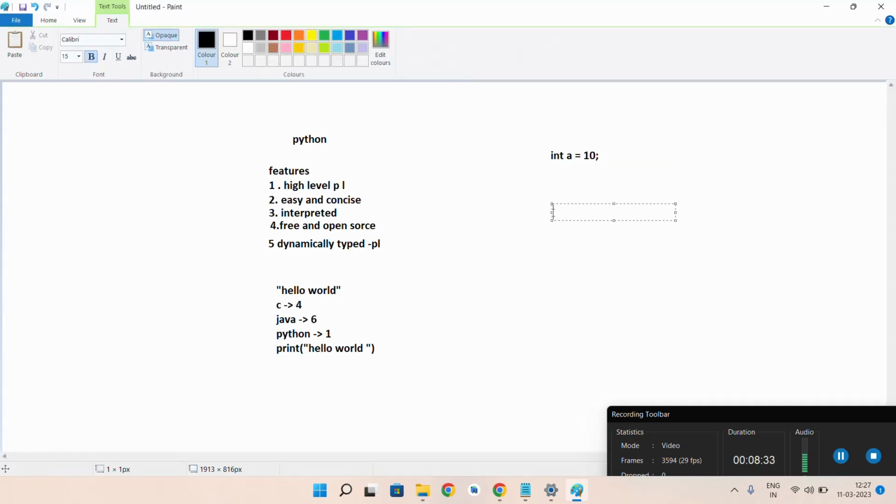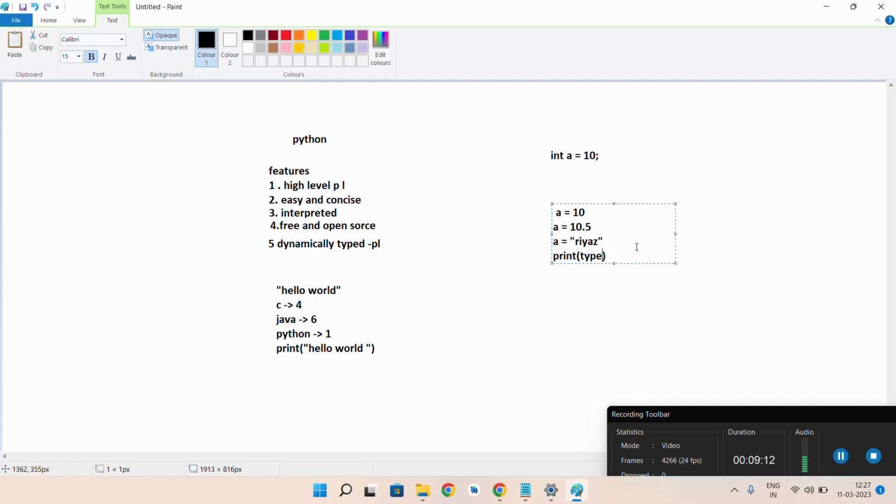But when it comes to Python, you need not specify the type, you directly use the variable and assign it. Here in C and Java it is statically typed. Once you declare the type, you must use that integer value throughout the program. You cannot change it. But in Python, you can assign floating values and string values. You can assign anything. Based on the value we have provided to a variable, the type will be considered automatically.